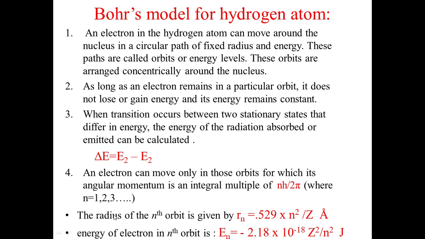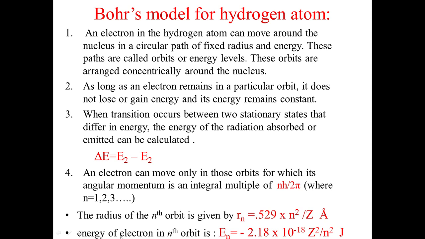Next, there are some applications of the Bohr model also. Bohr's model is able to calculate the radius of these energy shells, energy levels. For example, Rn, where n may be the first shell, second shell, or third shell. So R is equal to 0.529 into n square upon Z. N represents the shell number that comes from the principal quantum number. For the K shell, the n value is 1. Z represents the atomic number.